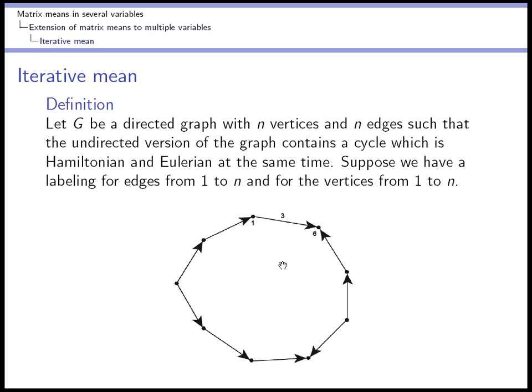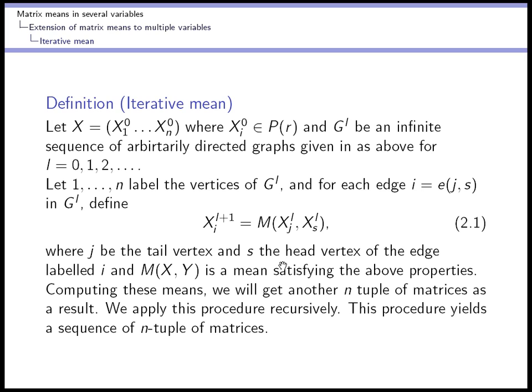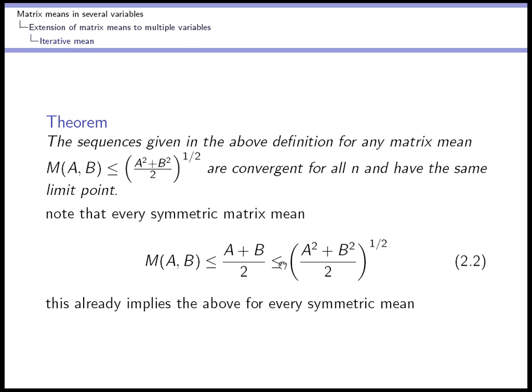So in this way, we can compute another n new matrices, and we can use the next element of this infinite sequence of graphs to calculate another n-tuple. Now, if we do this recursively, then we get a sequence of n-tuples of matrices. Now, the first theorem says that if